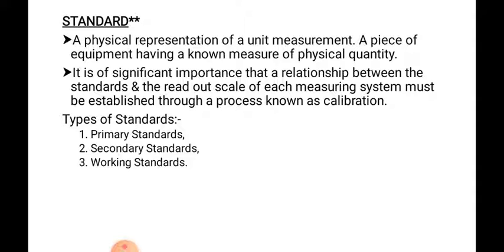Most of the time, because of the wear and tear of the different weights used in the equilibrium balance, it won't show the exact weight of 1 kg. I think you might have observed that at a number of shops. Suppose we place that 1 kg weight on the electric or digital weighing machine, it won't show 1 kg, it will show something like 960 grams or 980 grams only.